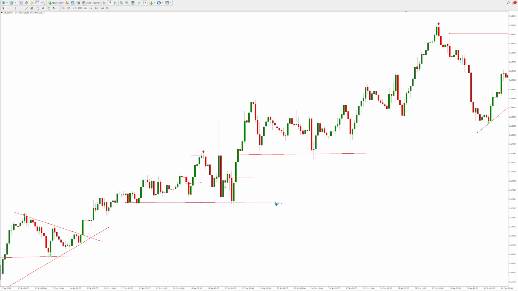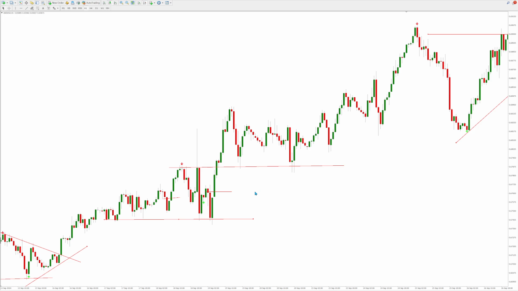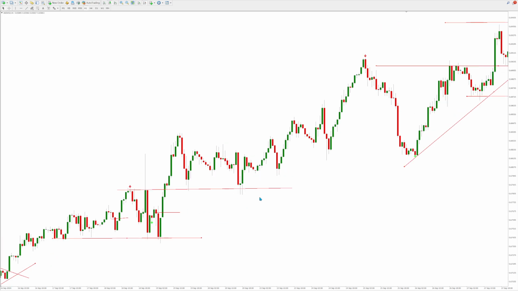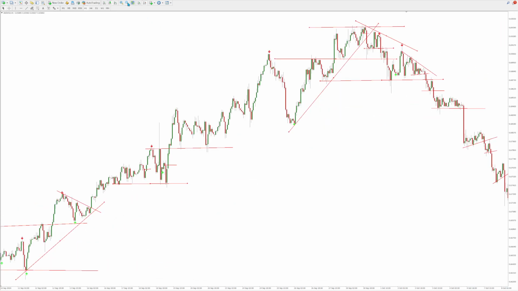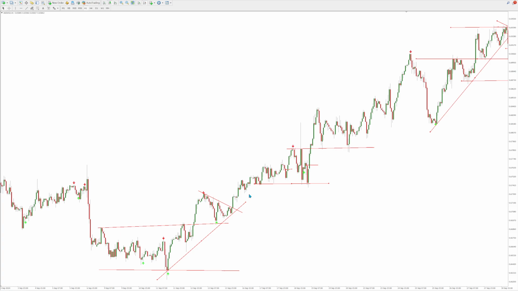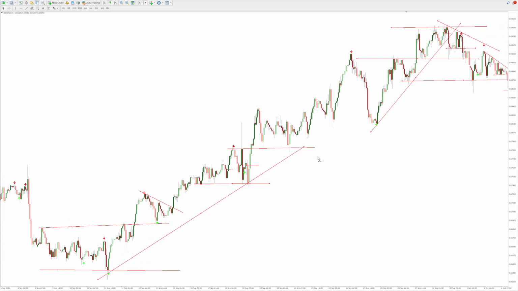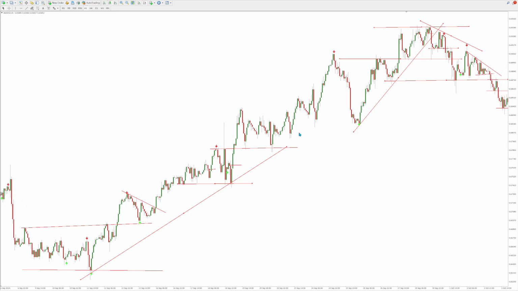Here as well, a level of support has been formed. So the signs were there for a buy trade, regardless if that green arrow was there or not. It's not needed in my humble opinion, but you can use it as a gauge just to remind you that the market is moving up. Well, of course it is, because I can draw a line or just look at the chart and tell you the market's moving up. I wouldn't use these arrows personally myself for entering and exiting trades because they repaint,